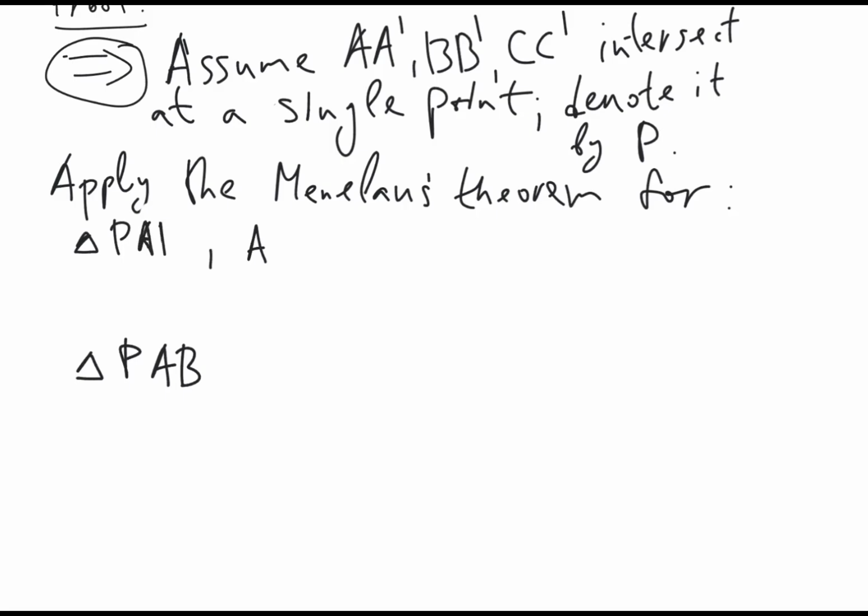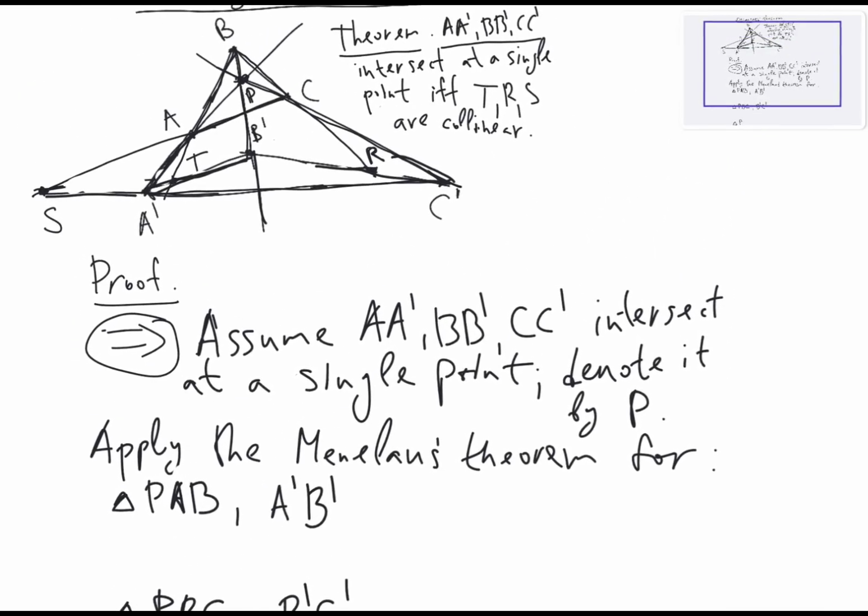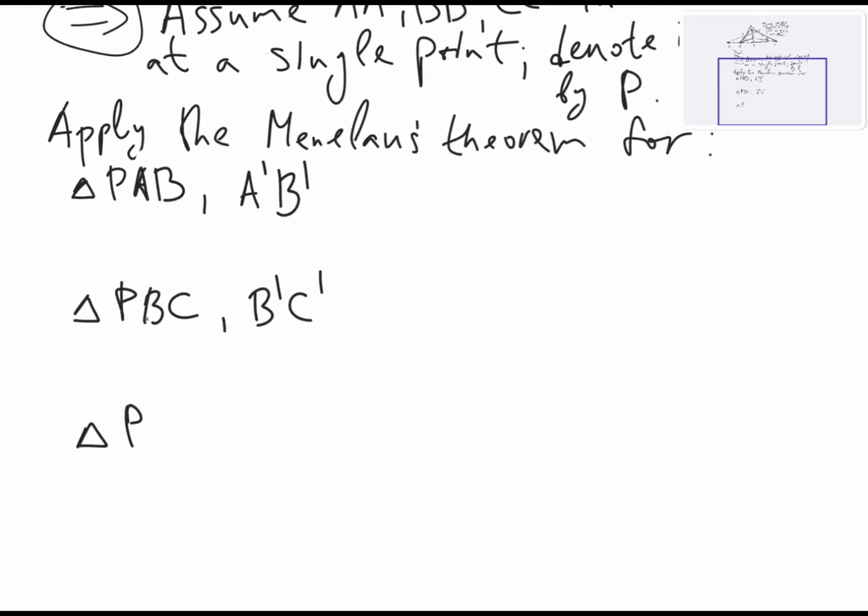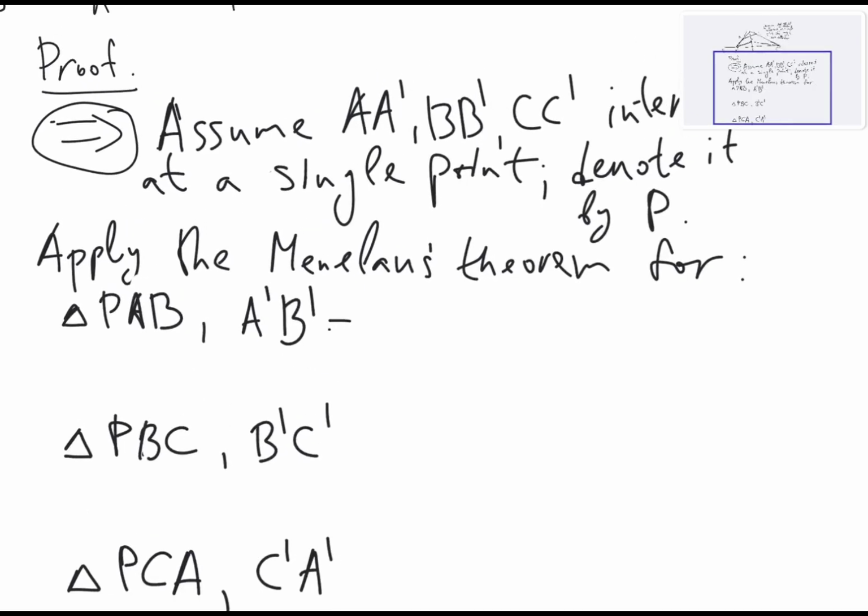So PAB and A prime B prime, PBC and the line B prime C prime, and the triangle P, let's write it as PCA, and the line C prime A prime. So for this we have,